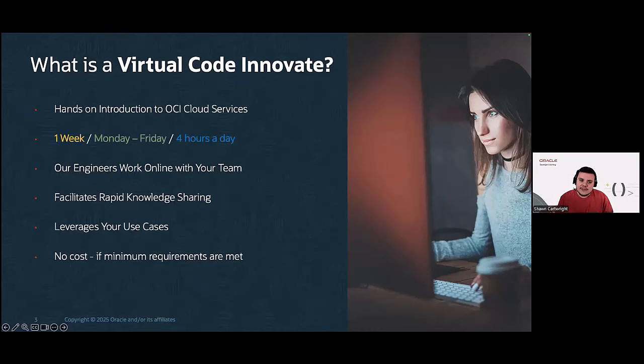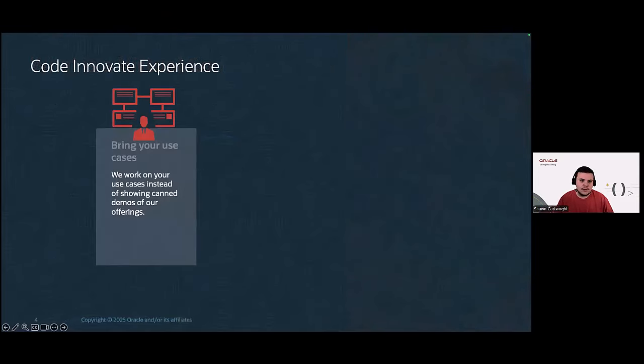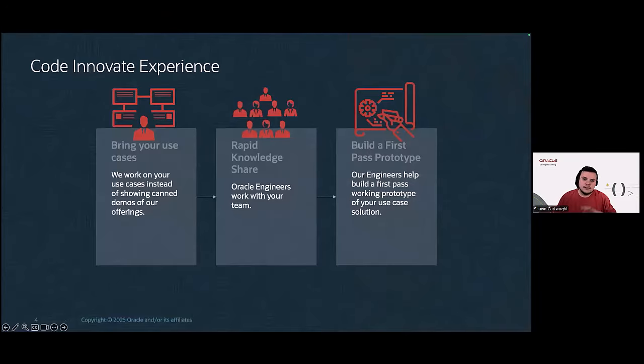Whether you're novices in Oracle Cloud or you're pros and have used a lot of our services, Code Innovate is all about building real solutions for your organization's most pressing business challenges. That's what we try to do. Something I'd like to call out is that although today we focus on the latest features of 23AI, Oracle Autonomous Database, Select AI, that's not the only service or topic that we can cover in events. We support many facets of the Oracle Cloud Data Platform, including Apex builds and autonomous database features like